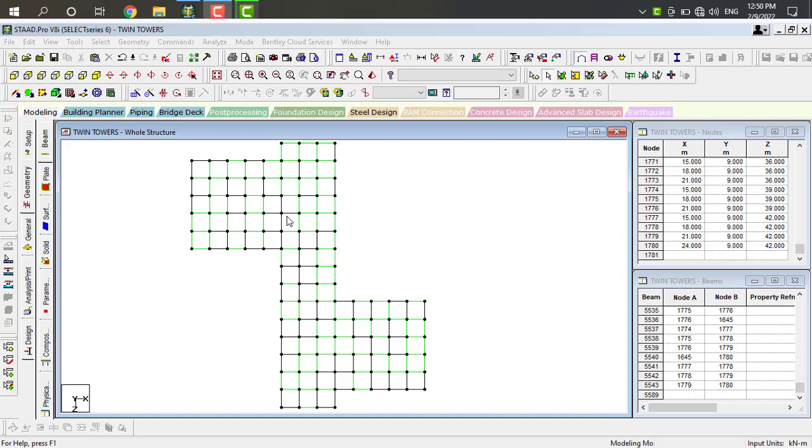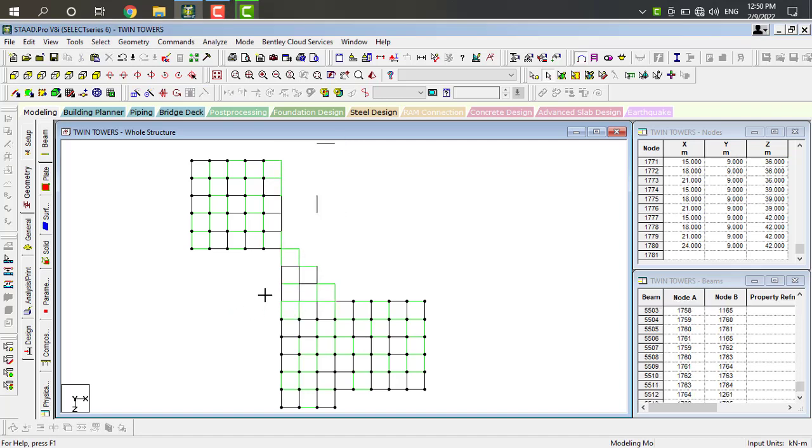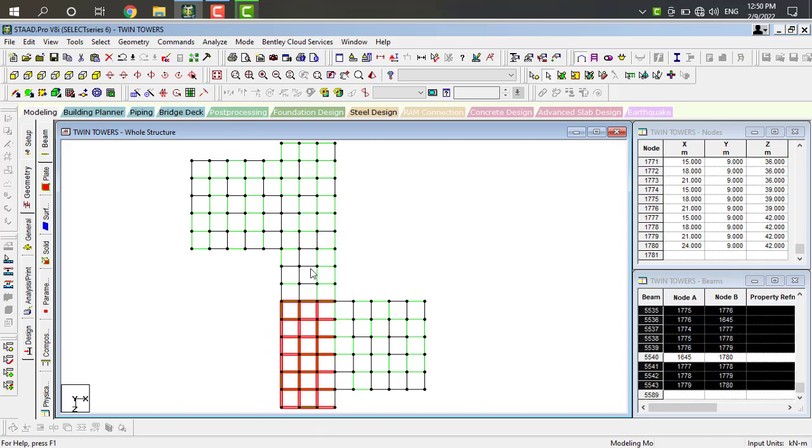Next we have to use translation repeat for the skywalk. Here I am going to select these beams, and again press the Ctrl button and select the extra beams.